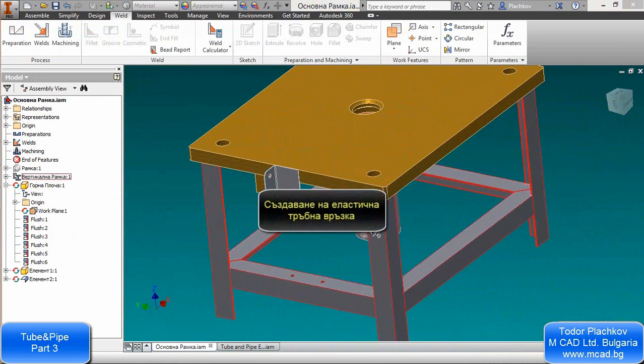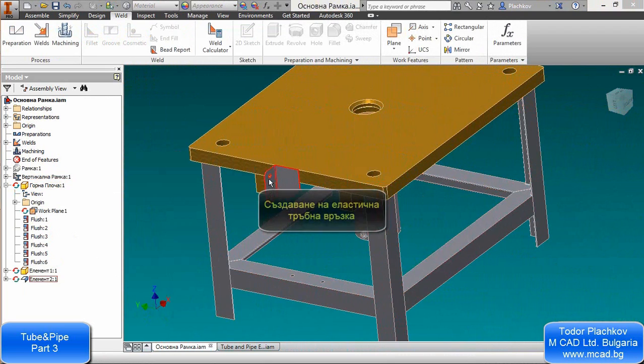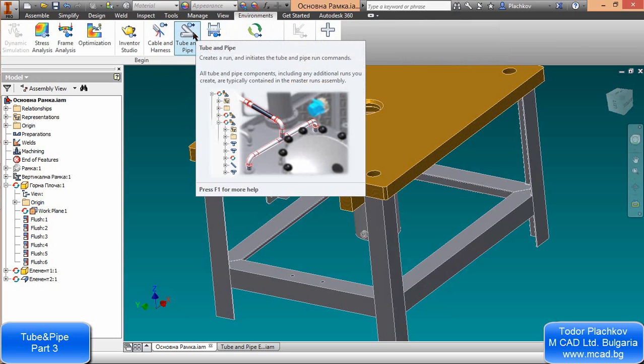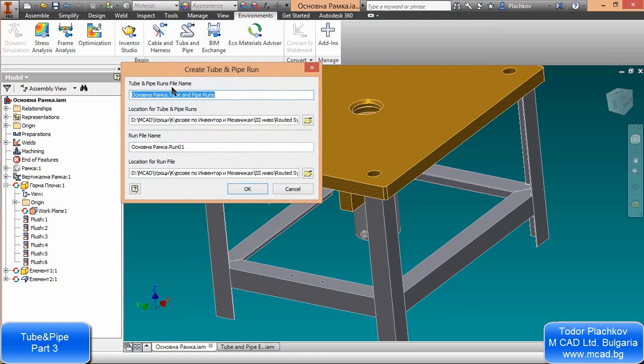Okay, finally we will start creating tubes and pipes. From the environment tab, select create tube and pipe. First, let's give a name to these tubes. It doesn't matter at all. And the first run, its name will be, let's say, elastic or